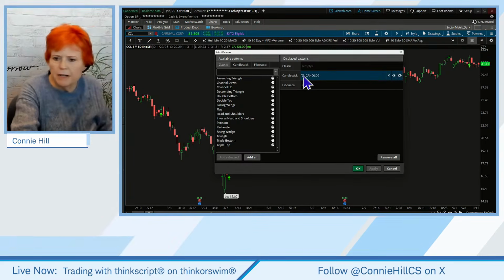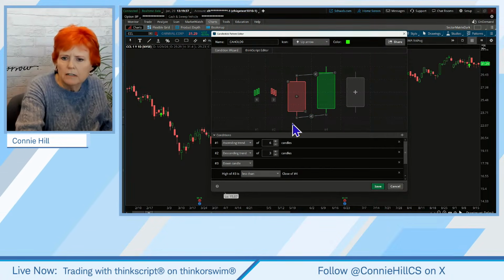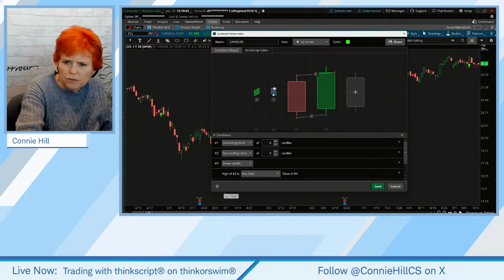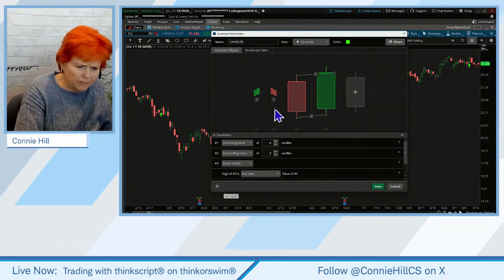Do we need to specify that this low is lower than this? I don't think it'll allow us to, because if I put my mouse here, it doesn't give us the high, low, close, open, because it's a series of candles. So it's not going to allow us to do that. But that is an interesting thought.